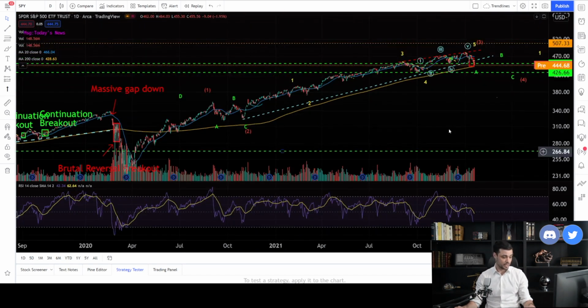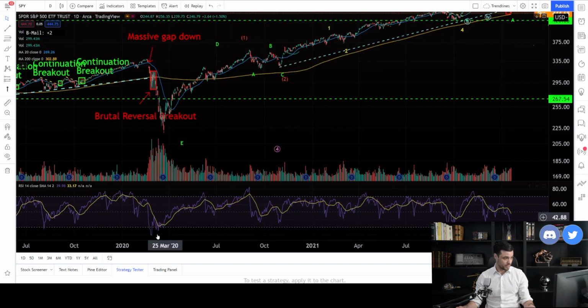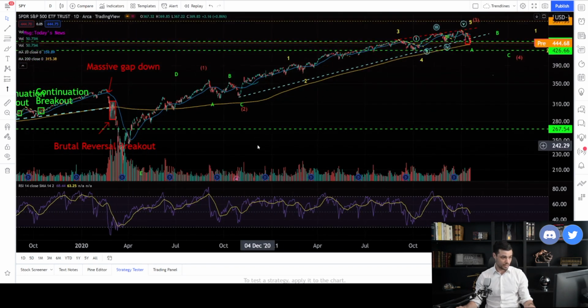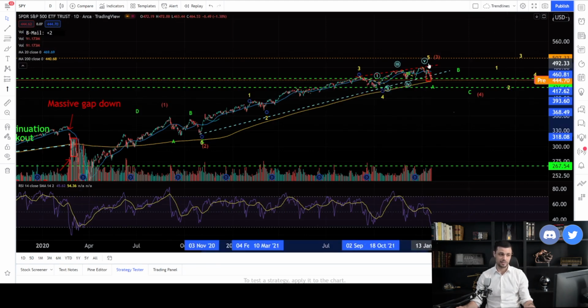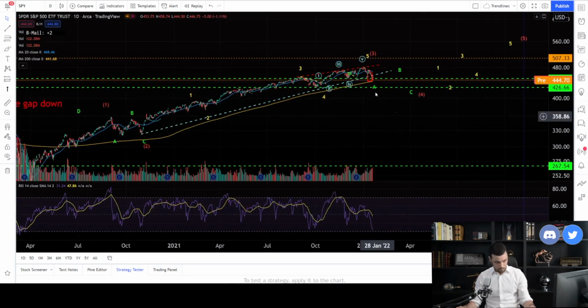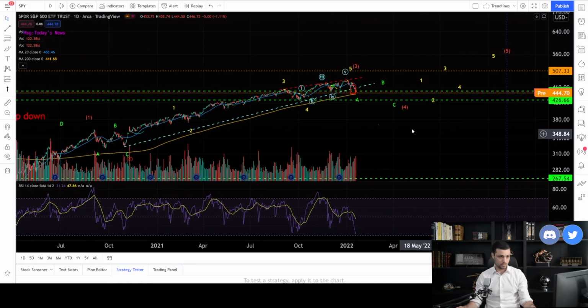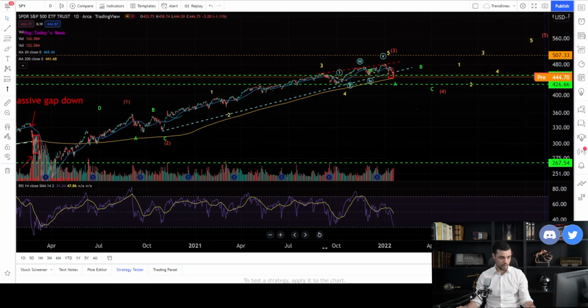I'm just going to analyze the move since 2020. So here I'm going to break down this move into 5 waves on the upside. So 1, 2, right? We are in the third. The fourth is coming. I think we are actually in the fourth wave right now. I'm going to analyze this very soon. We're going to have a fourth wave where I'm going to tell you where I think it might bottom. And then we're going to have a fifth wave. Same thing, I'm going to tell you where I think it might go.